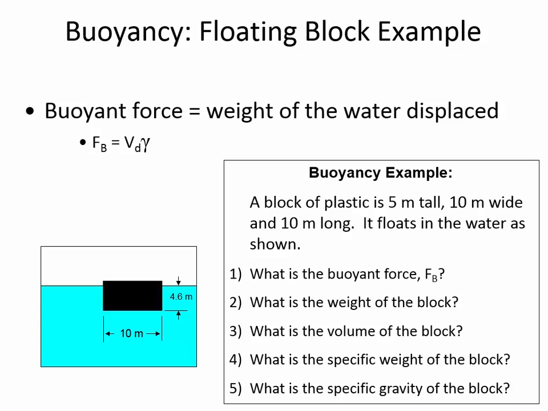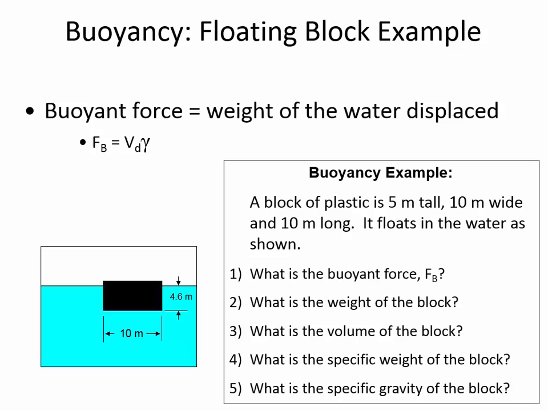So it's a 500 cubic meter block, which is enormous, and we could land helicopters on this big piece of plastic if we needed to. It has a buoyant force, though, that depends only on the volume that's underneath the water line. And so we need to find the volume displaced by multiplying 10 by 10 by 4.6. So that gives us 460 cubic meters of displaced water. That's the water that's pushed out of the way by that block being there